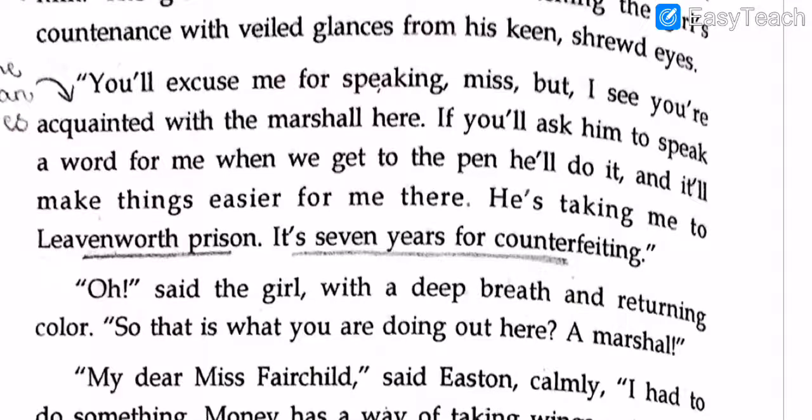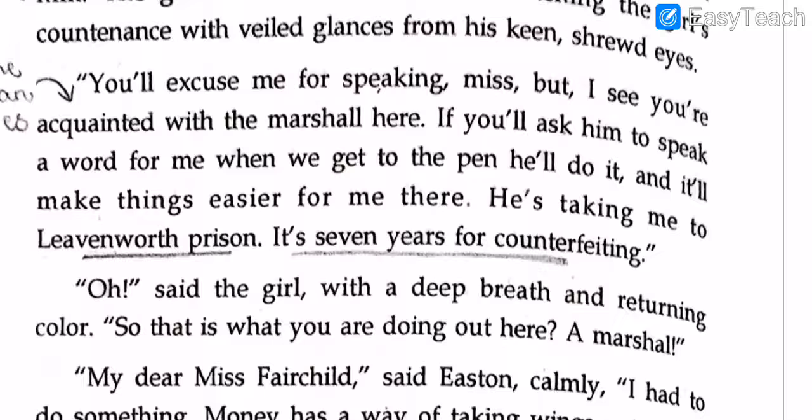So over here both of them are having a conversation again, and Mr. Easton calmly says that, I had to get money somehow because I mean I'm an adult now. I have to pay for my bills, etc. And it's very hard to keep up with the crowd over here because every place has its own standard of living, right? And in Washington, they're saying that the standard of living is, of course, very high. So I wanted to make money somehow, and I saw this opening of a marshalship in the West, and well, I took the opportunity, and I'm a marshal over here now. I mean, it's not as high a position as an ambassador, but sure.